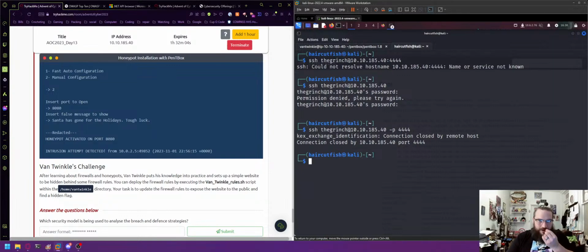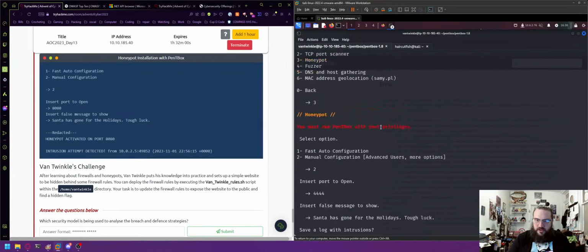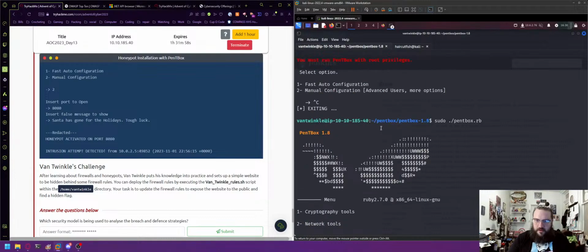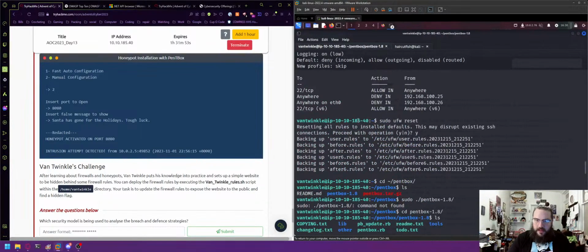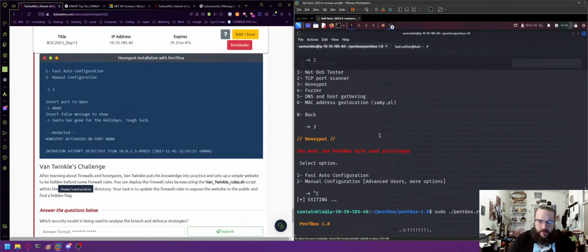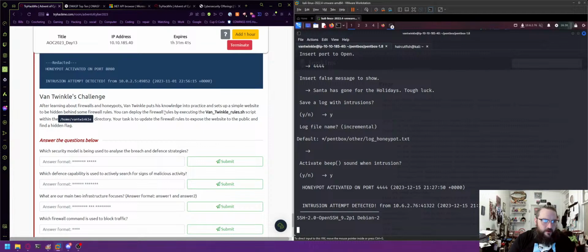The reason why it closed is we actually don't have... I reset it, setting all the rules is installed. This may disrupt it. It should actually, yeah, it should have let me through. Whatever. So, okay. Let's scroll down here. You can deploy the firewall rules by executing